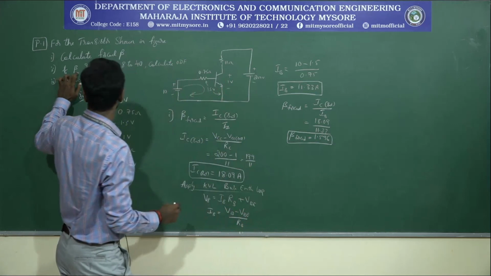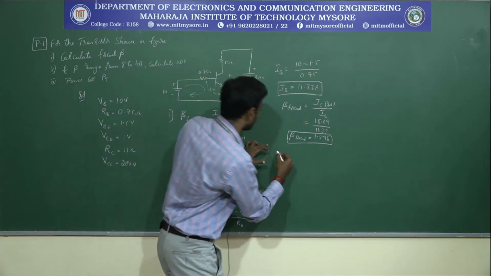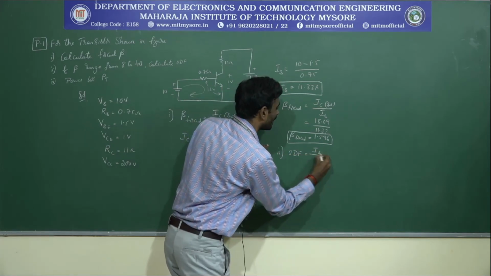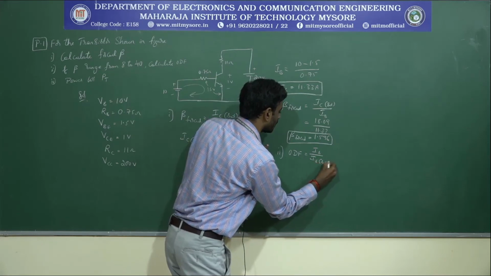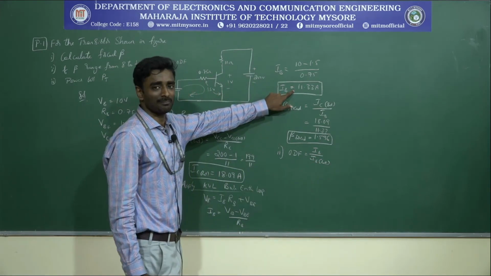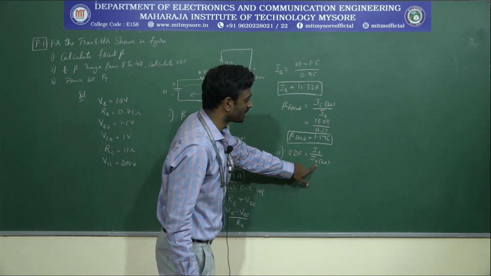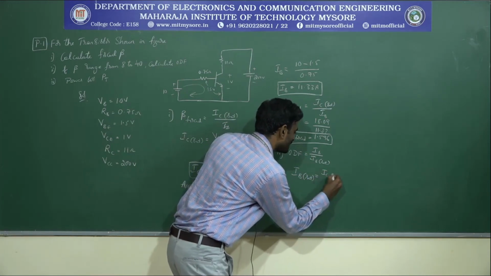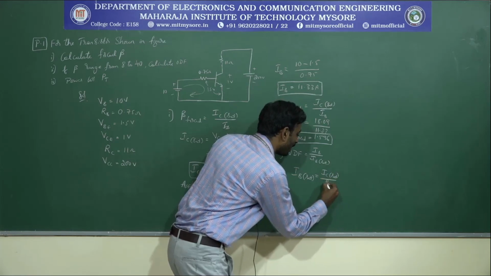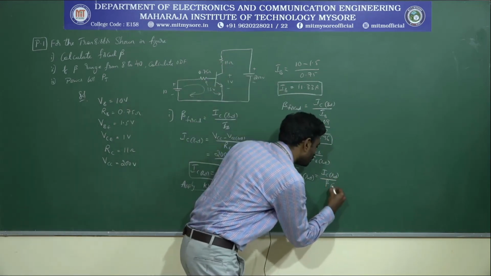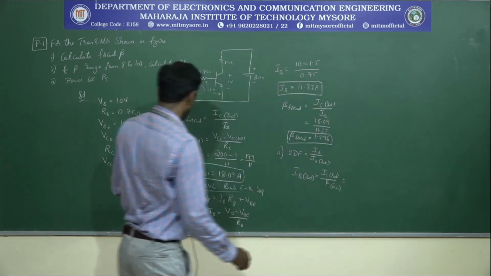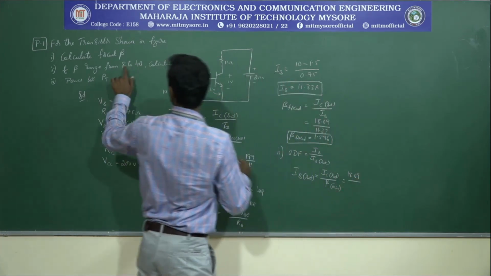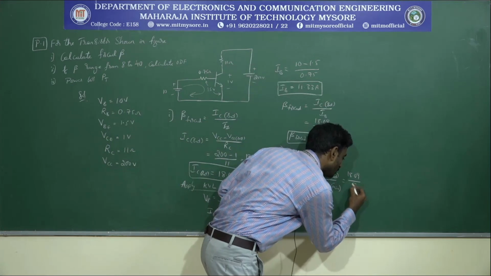And the second one is to find out the ODF, that is, the overdrive factor. The overdrive factor will be equal to IB divided by IB saturation. You have already calculated the base current here. I need to find out the saturation base current here. For the saturation base current, I have the equation IC saturation divided by beta. I should take the minimum beta value, where IC saturation is 18.09 ampere and the beta range is 8 to 40. So I will consider the minimum value, that will be 8.